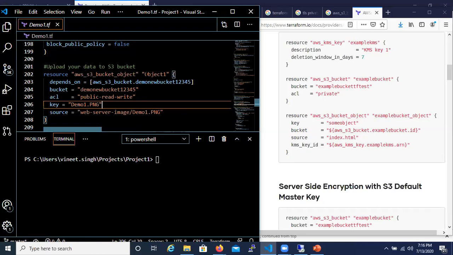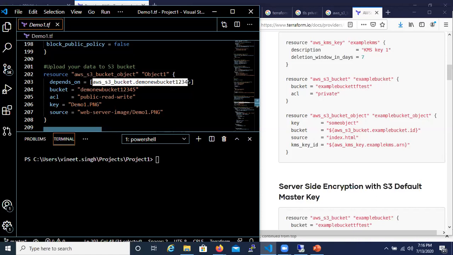So now, for uploading my object, I've defined it as object 1 in terms of the Terraform code instance. And this depends first on my creation of the bucket itself. So that part I have covered in depends on, and then bucket, in which bucket I want to upload my object.